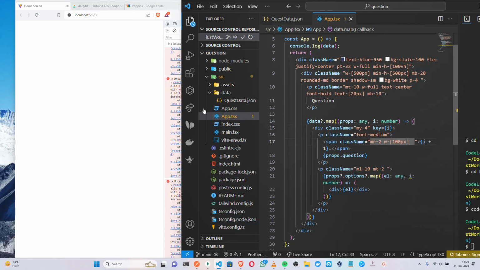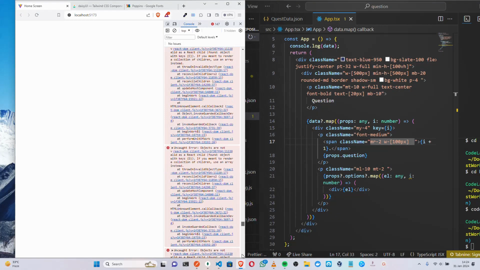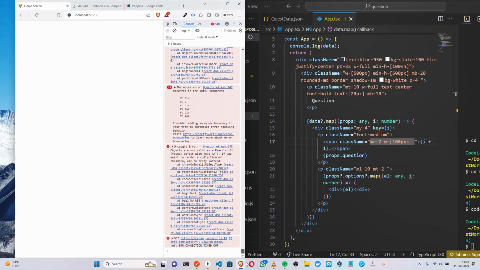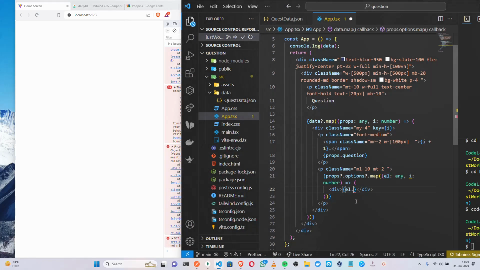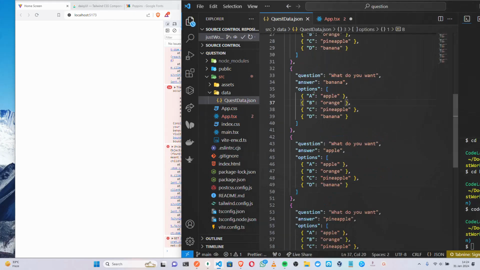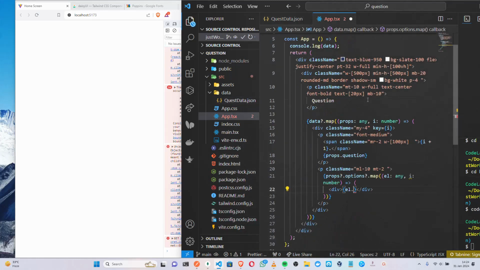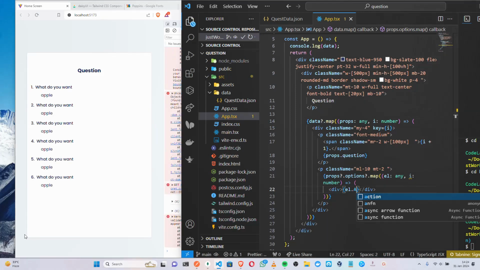So okay, this should be valid. Let me see my data. So dot A or B or C or D, right? So let's say E. So we can see all the A's, right? And of course we can do